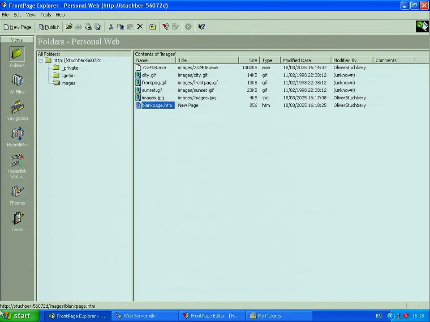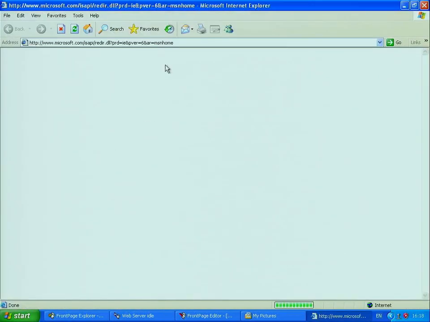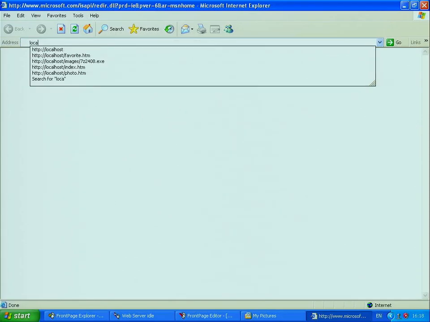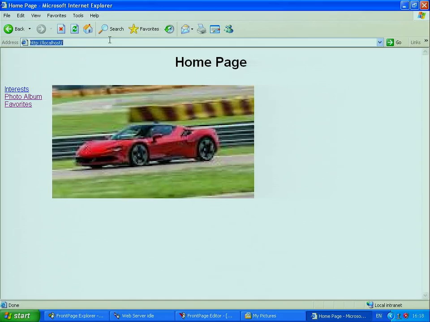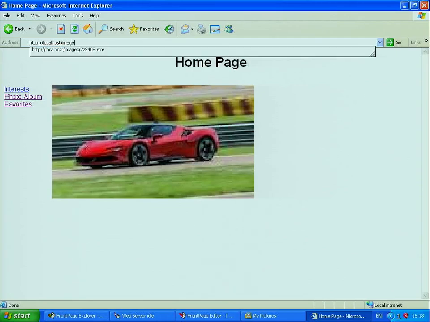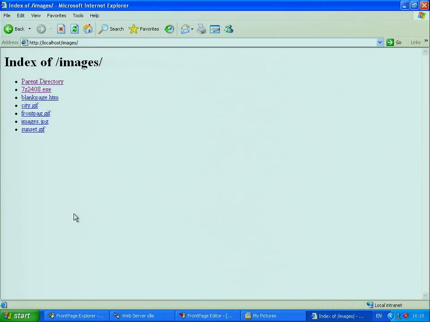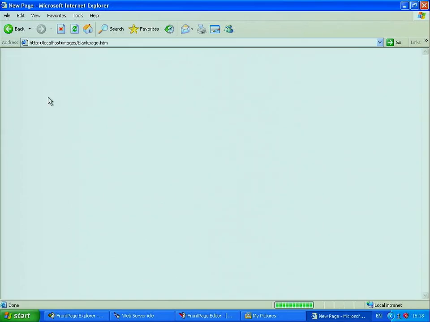So now if I go to Internet Explorer, localhost/images, here we are, blank page, which is as simple as it sounds. A blank page. And that's all for this video, and in the next one I'll show you some more customization